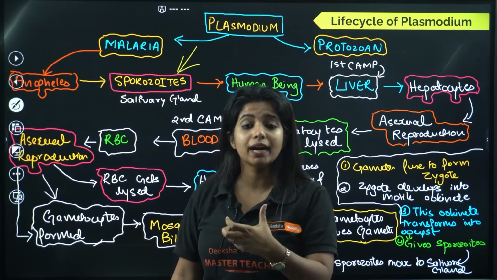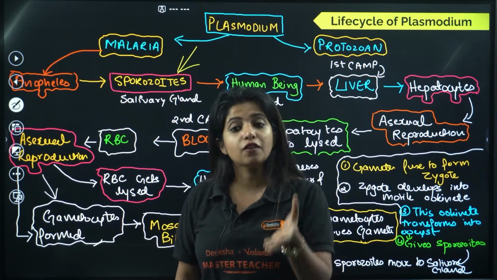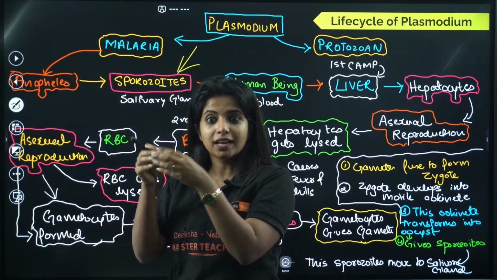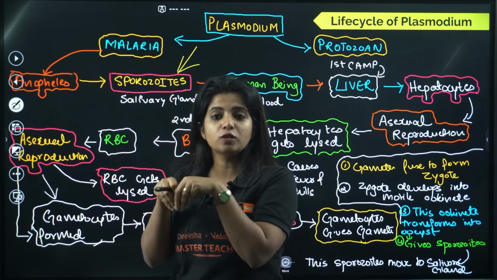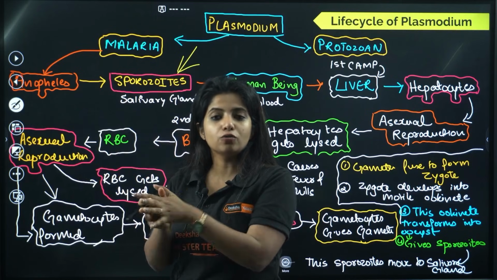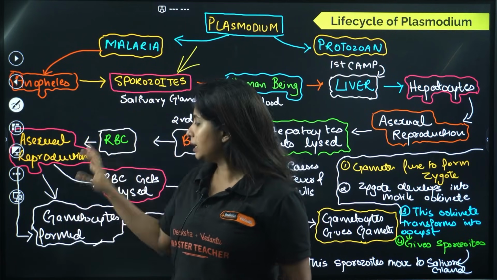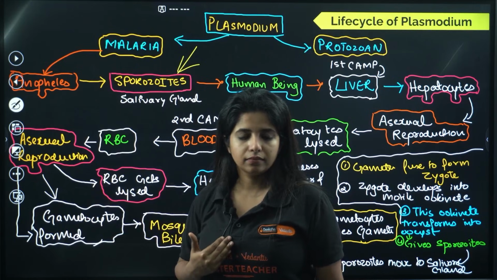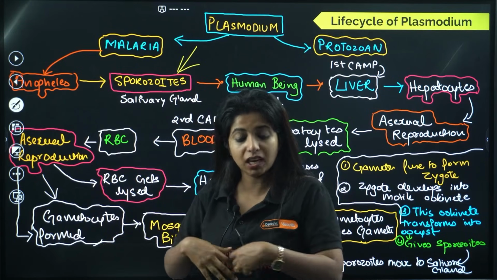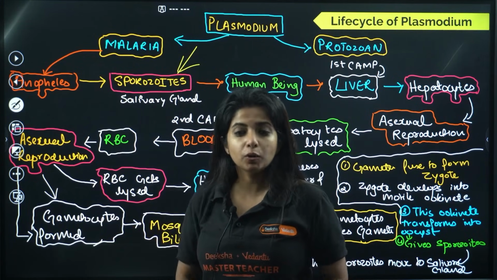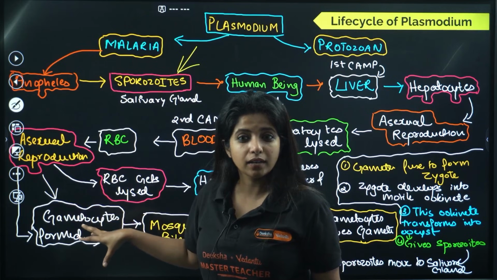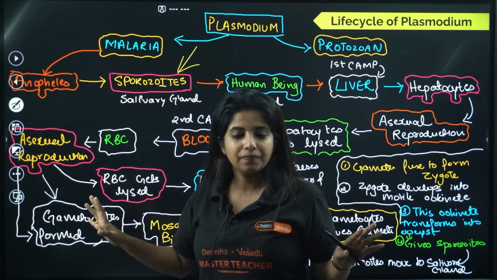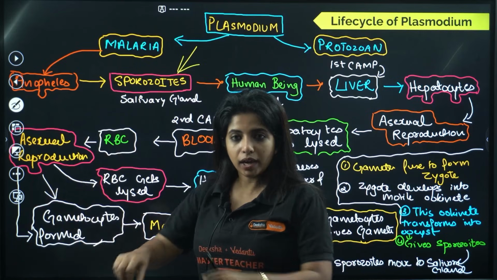What do you mean by gametocyte? Gametocytes are the ones that can form the gametes. And when the gametes fuse, you call it sexual reproduction. When the gametes fuse, what happens, my dear children? It gives rise to a new organism, right? So similarly over here, gametocytes are being formed in our body. And now when the cells burst, the gametocytes are released in our blood also. But do you think gamete formation happens in our body? Do you think fusion happens in our body? No, it does not happen. So now it is in our blood.